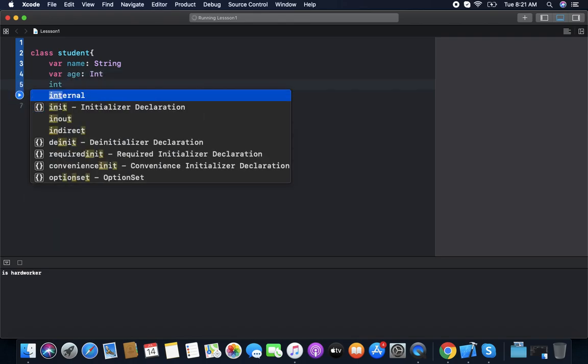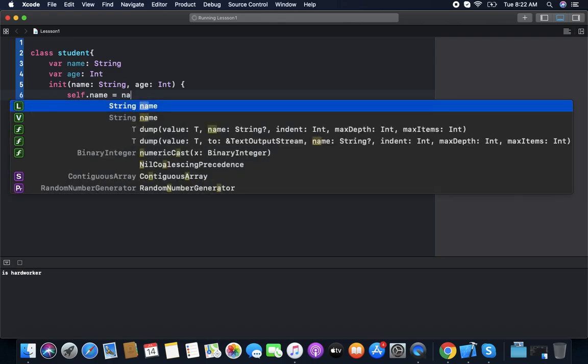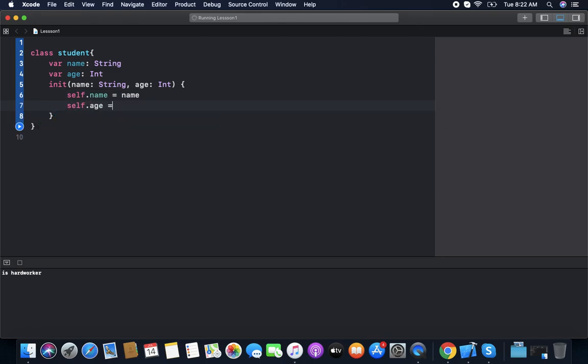We initialize the values, name with the value name and age with the value age.